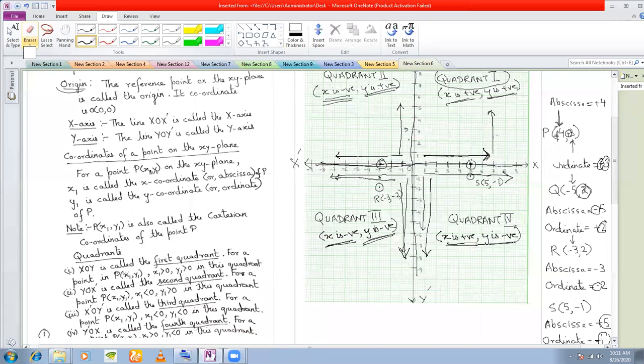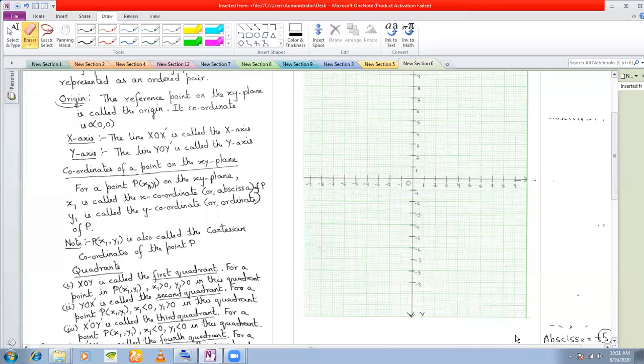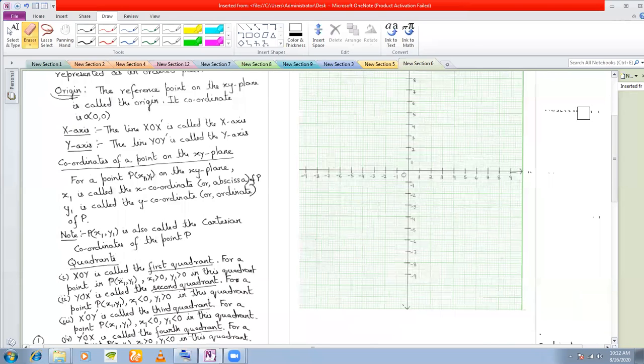Now, what you must also know is that if I am talking about a point on the XY plane, on the X and the Y axis, I am representing it with the help of an ordered pair. For example, if I want to locate a point, say 5, 3, then what will I do? 5 units in the X direction because it is positive, you have a plus 5, and then 3 units in this direction, plus 3. And this is your plus 5 units. I'm locating this point. Let us call this point P.